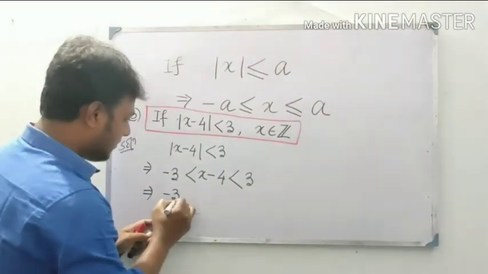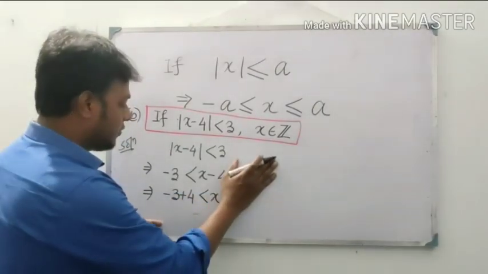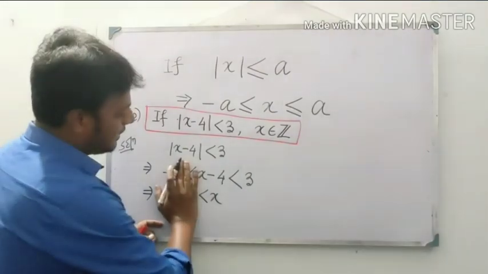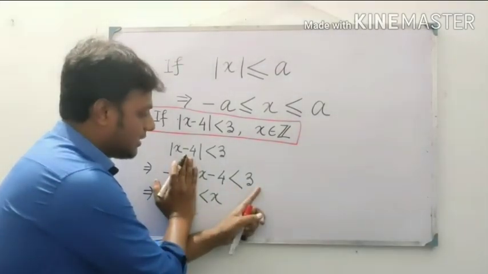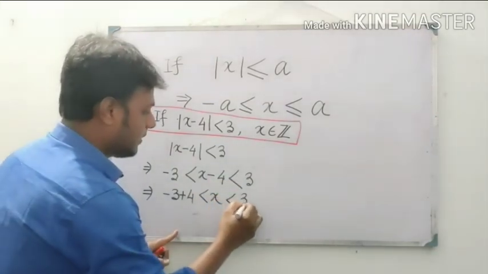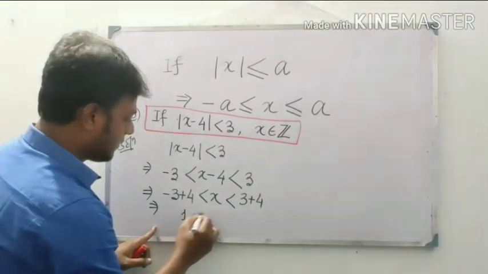So minus 3 plus 4 less than x, this will be the first part. And for this part also, if x is kept on this side, then 4 goes to this side and it will be positive. So 3 plus 4 implies that this is 1 less than